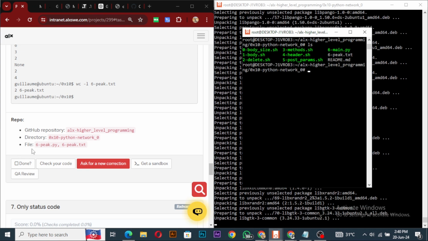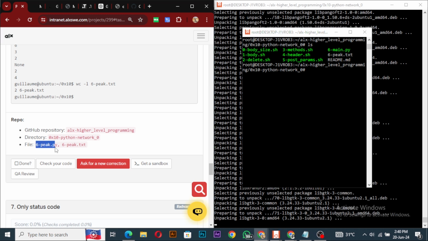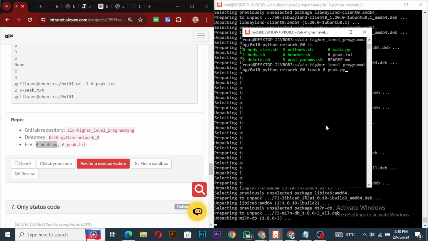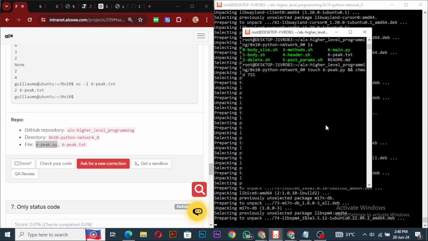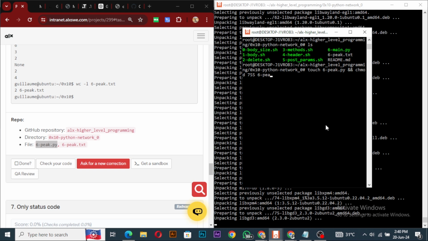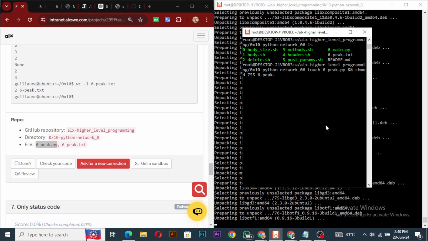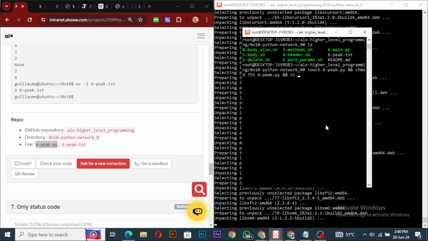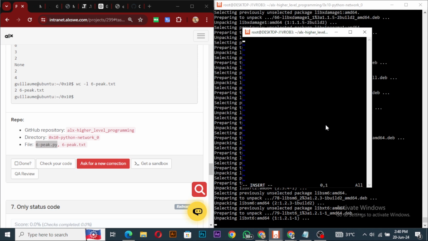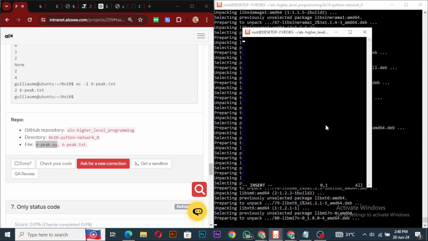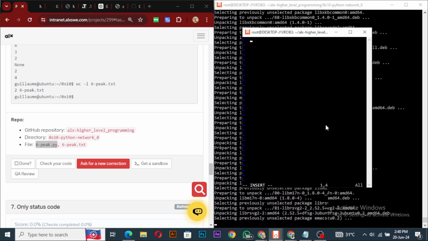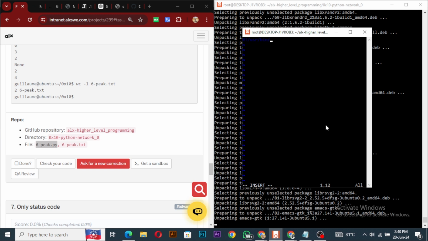So the last thing is going to be this 6 main.py. Okay, so let me touch it, 7556 peak dot py and vi it. So we have all that. So the next thing is I'm going to write it in Python, so shebang user binary Python 3,